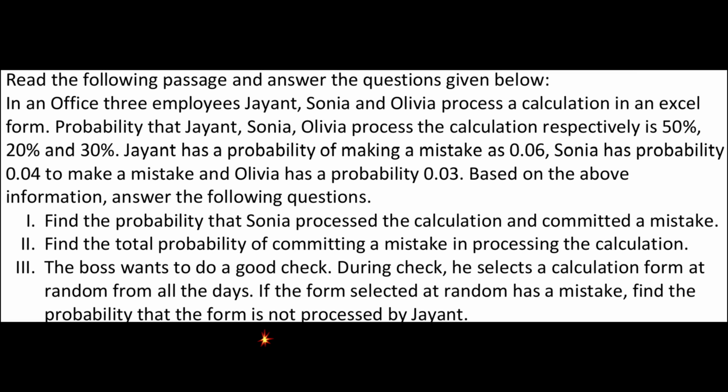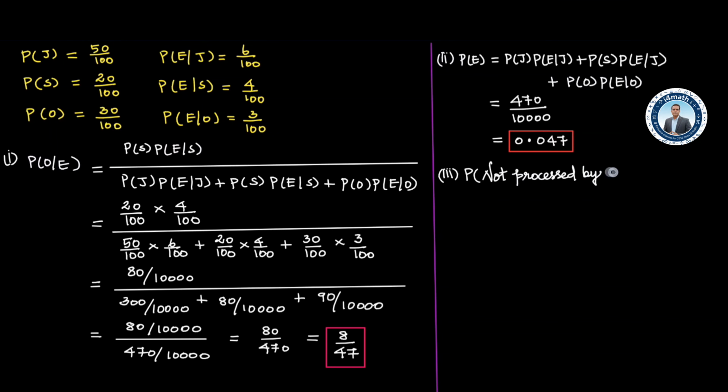Did you notice here the word "not"? Students usually will not notice the word "not" and they will commit the mistake and they will find the probability for form processed by Jayant. It is a tricky question. Here we should use complementary concept as probability not processed by Jayant, which is 1 minus probability the form processed